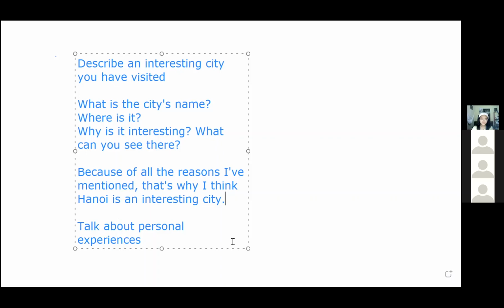When you can tell a story, it makes it much more interesting than just giving a list of the attractions that you might find in a particular city, like Da Nang or Ho Chi Minh City. Talk about something that happened to you in Ho Chi Minh City or Da Nang. That sounds, one, much more interesting, and two, is a very easy way to help fill up time. All right. And the other thing is